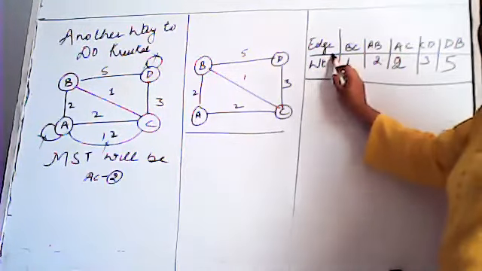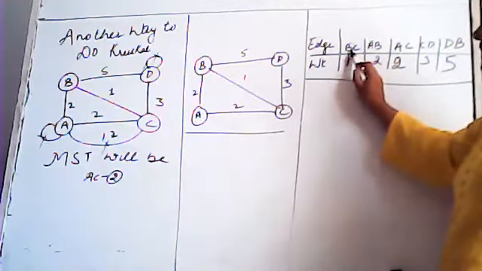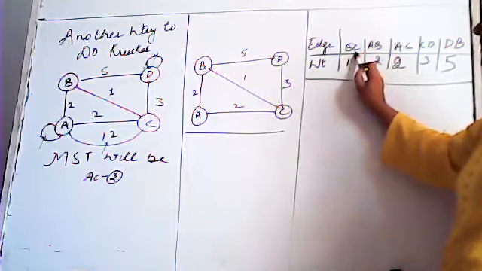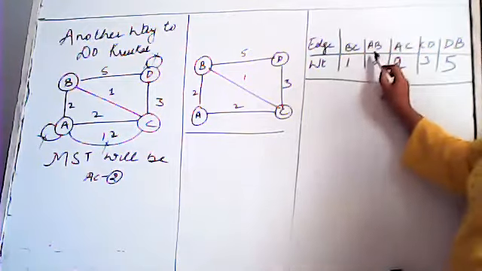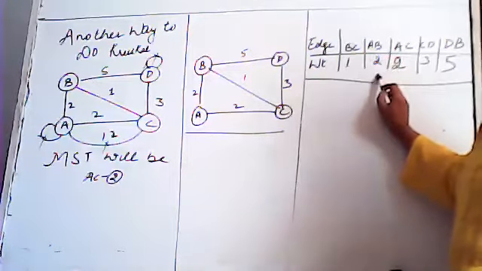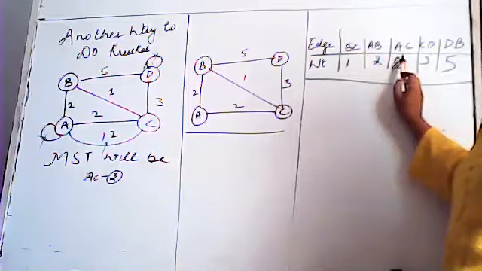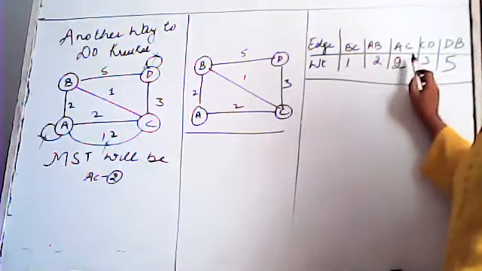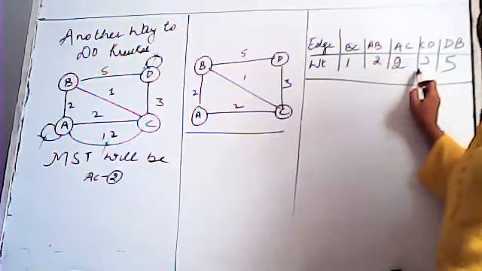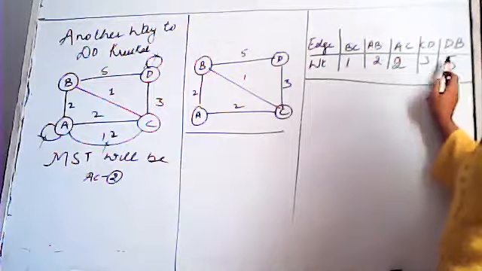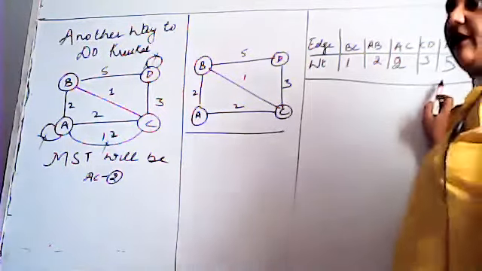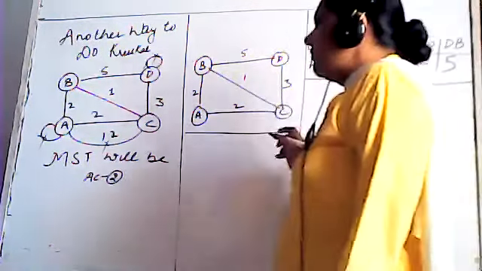First of all, you will write edge, then the weight. The edge which is connecting B and C is having weight 1. The edge which is connecting A and B is having weight 2. The edge which is connecting A and C is having weight 2. The edge connecting C and D is having weight 3. And the edge which is connecting B and D is having a weight 5. Fine. So let's draw the